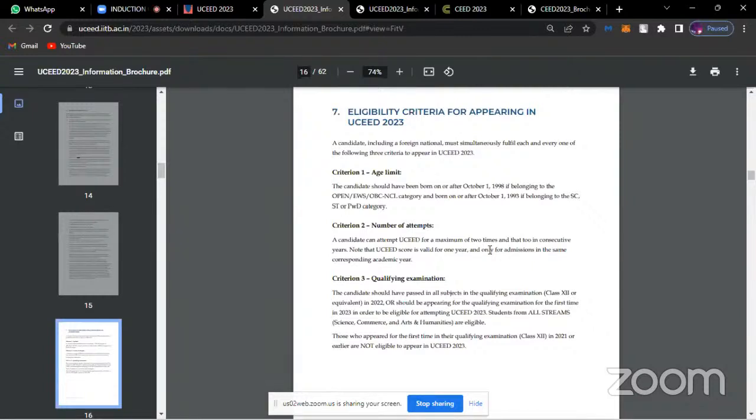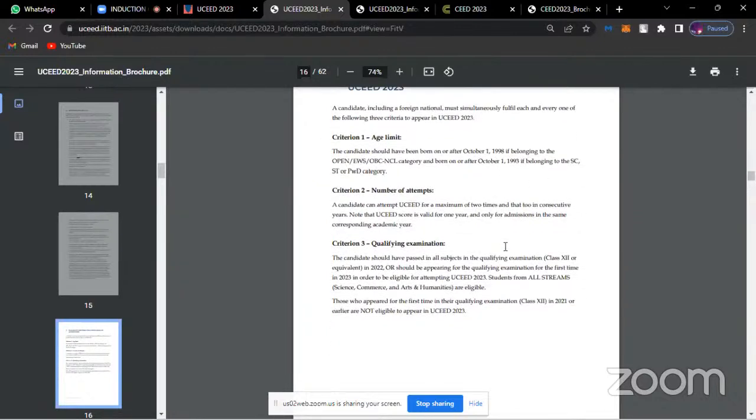Now, if you are a general category person, you are supposed to be born on or after October 1, 1998. And if you belong to any other backward classes, then it can be on or after October 1, 1993. For UCEED, you can only give the exam 2 times, that too in consecutive years.